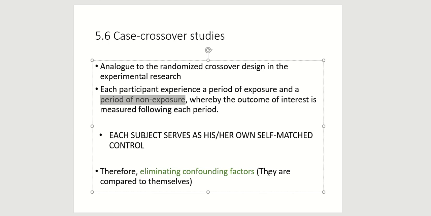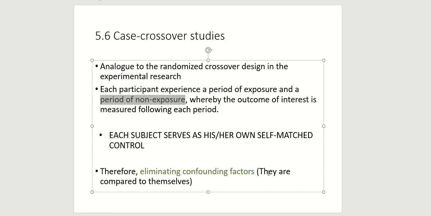That exposure could be, for example, a period of time where somebody might be doing excessive, very demanding exercise. So as long as he is doing very demanding exercise, he's exposed. And then, for example, for 3 days he's not doing any exercising. Okay, so individuals, people go through periods day after day of exposure and not exposure, and therefore every person serves